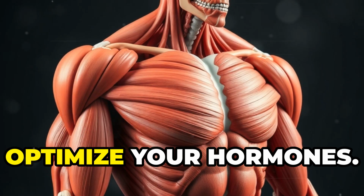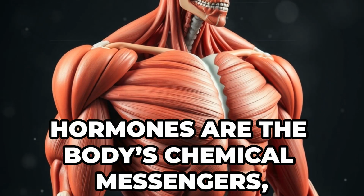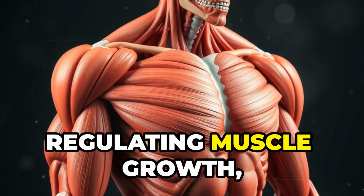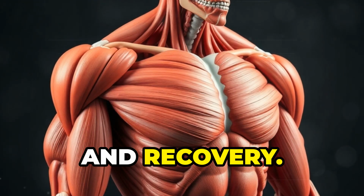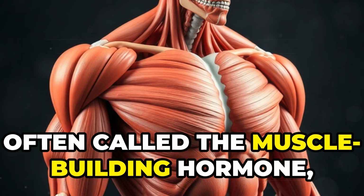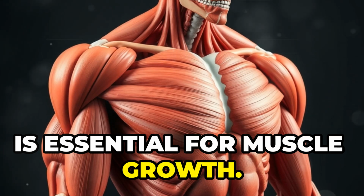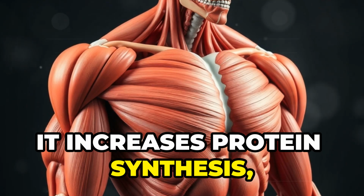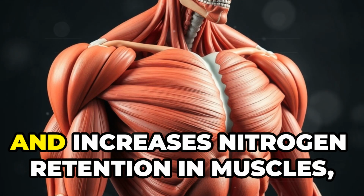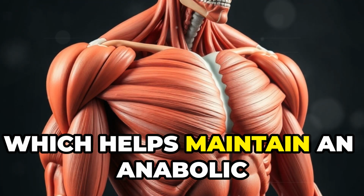11th, optimize your hormones. Hormones are the body's chemical messengers, and they play a critical role in regulating muscle growth, repair, and recovery. Testosterone, often called the muscle-building hormone, is essential for muscle growth. It increases protein synthesis, stimulates the activation of satellite cells, and increases nitrogen retention in muscles, which helps maintain an